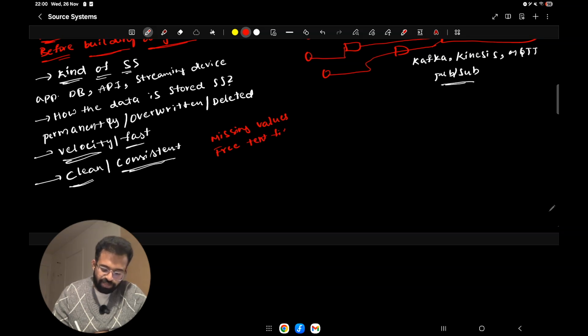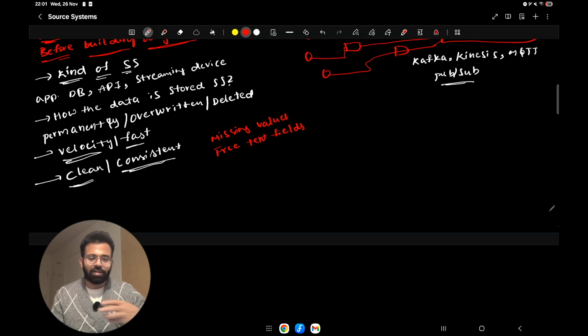A free text field means there will be a text field where you can put in basically anything. Now as a data engineer, it's a bit of a challenge for us to process that kind of information. I can write a whole sentence, but some other people can put in their personal details, and some other people can put in something else. How do you process that?